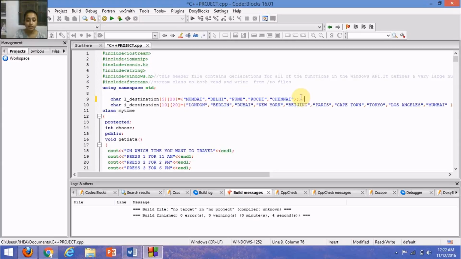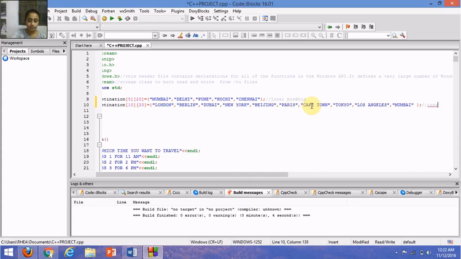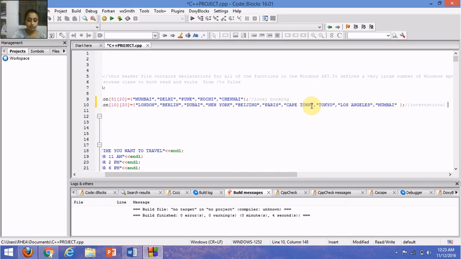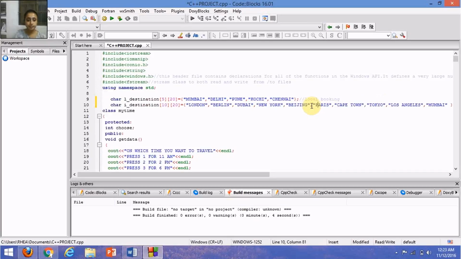So first of all, we have created a 2D array of characters. So this is for local booking. Let me just comment it. And this is for international booking. This array of characters is for international. And here I've created a class called myTime, and in this basically we have a function that is void getdata,